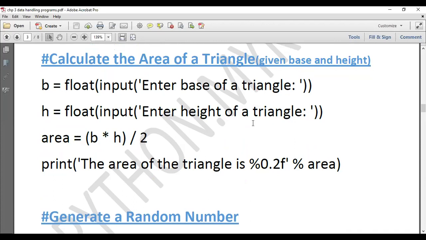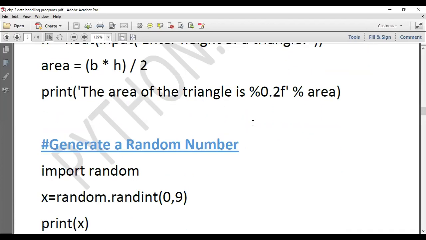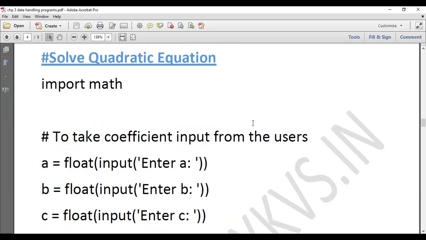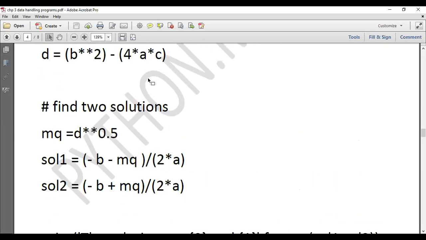You will take the base and height from the user, and then you will use the formula base into height divided by 2. In the print statement, the format option is being used, but you don't need to use that. You can do it your own way. You can change the print statement over here. This is generating a random number. This also you can practice. This is the program you're going to do today, in which, pay attention, we are going to be using a library, the math library. And the function that we will use from the math library is